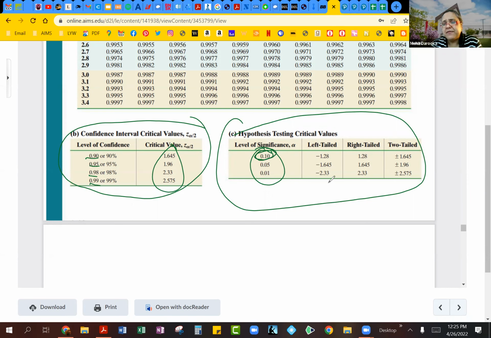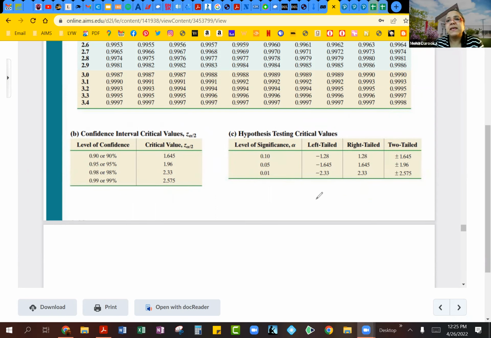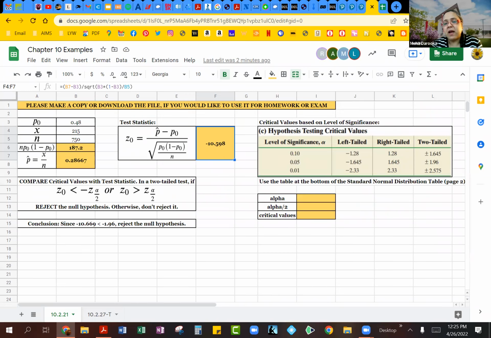When they're talking about left-tailed, that means you use the less than symbol in your alternative hypothesis. Right-tailed would be if you use the greater than symbol, and two-tailed is because we don't know if it's going to be less than or greater than, right? So the two-tailed is when you use the not equal to symbol. So of course, as you can see for us, it's going to come out to be plus and minus 1.645. So that's the table you want to use. And like I said, in your little template here, I have copied and pasted that image, so you don't have to go find the table for this one.